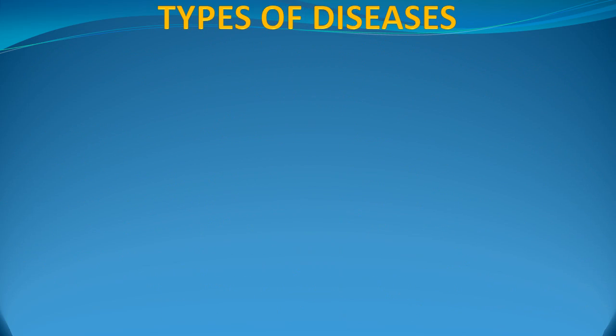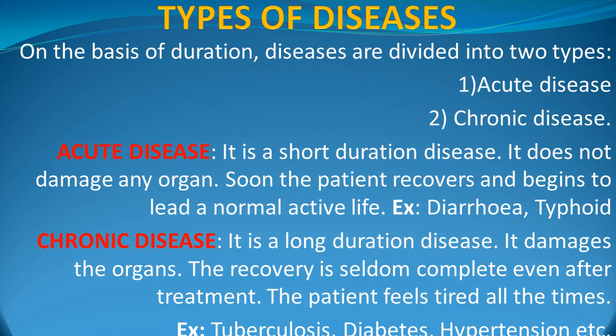Now, these diseases are classified into two major categories based on the duration, or what we can say several factors. What are those? One is acute diseases, another one is chronic diseases. What is the meaning of this duration? If a person is suffering from any type of disease, how long is the disease retained in the body? Depending upon that, we say it is acute or chronic.